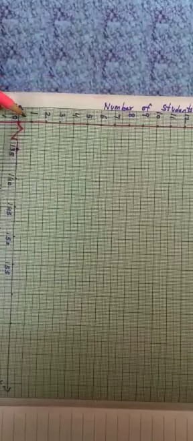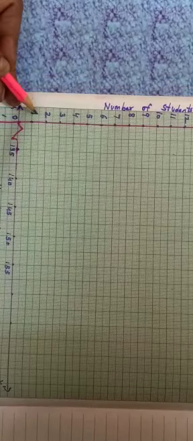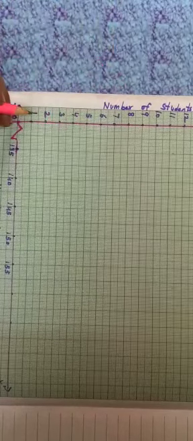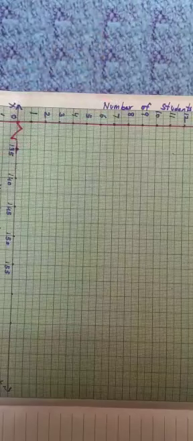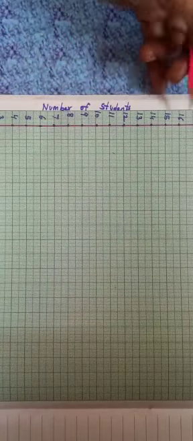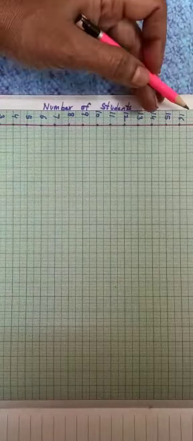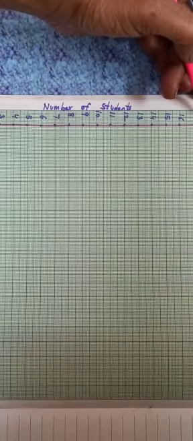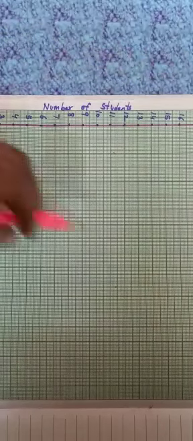And this is easy, the number of students is going to be a whole number: 1, 2, 3, 4, 5. Some students may write 2, 4, 6, 8, which is also correct. But we have enough space. The greatest frequency here is 16, so we have that many squares. We can accommodate up to 16 and a few more as well. So I have taken this as the scale.